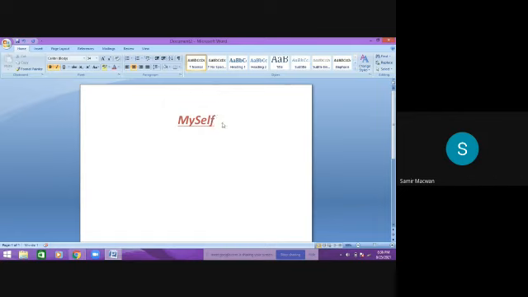Now press enter. Again press enter. When I'm pressing enter, my cursor is big in size and it is just in the center. Why is it big in size? Because I clicked on bold, I clicked on italic and I changed the font size to 34. If I write, it will make me write from the center. You can see I'm writing and it is going like this. It is the same color and same size. If I choose the same color and same size, then it is like the title of the page.